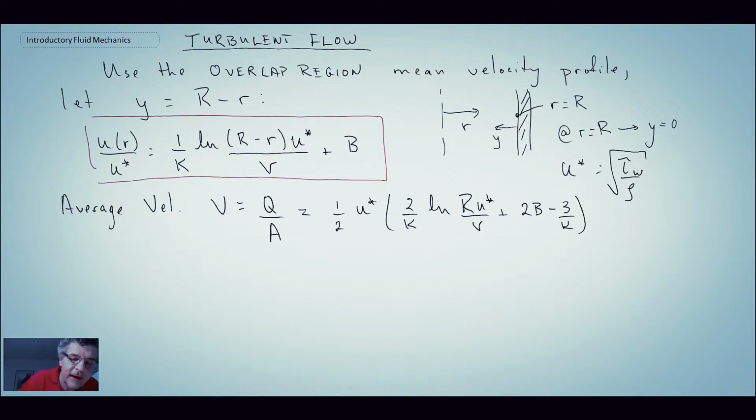Okay, so we have that, and the constants that we're going to use here, although they can be tweaked, as I mentioned before, we'll use these ones, which were the ones that Millikan originally had. Now with that, what we can write is the average velocity divided by the friction velocity is approximately